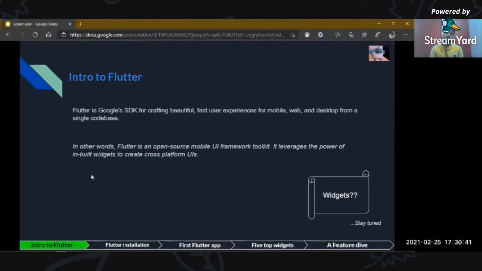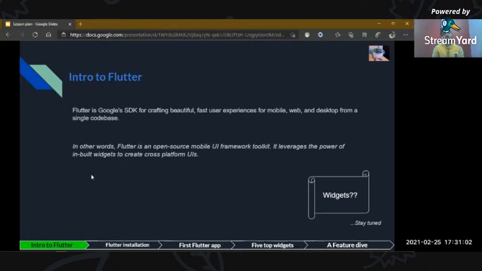The widgets which we incorporate in our application work on any platform, meaning mobile, web, and desktop. So the UI is made for all the platforms available right now in the market.